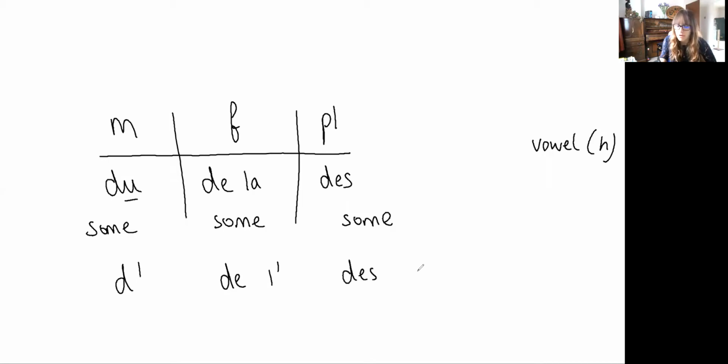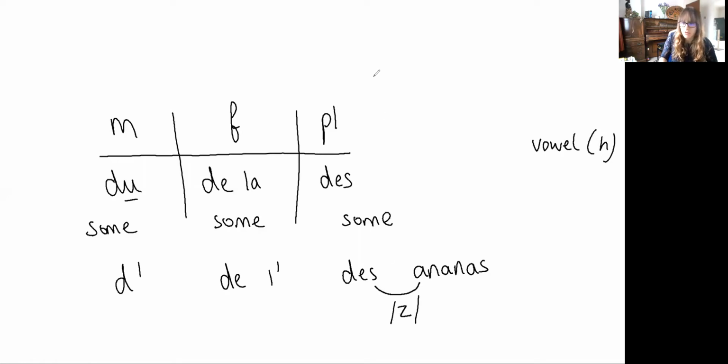And then remember, if you have, let's say, pineapple again, ananas, you would actually do the liaison. So you would actually pronounce the S, des ananas. Okay, you actually pronounce the S, which sounds like a Z. There we are. This is the partitive article, guys.